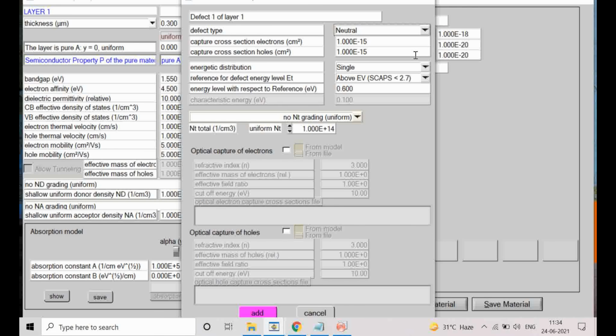It will not have any impact on your IV calculation or on your device recombination mechanism in any way. It is just for simulation, dummy properties you are going to put, to simulate the actual recombination.